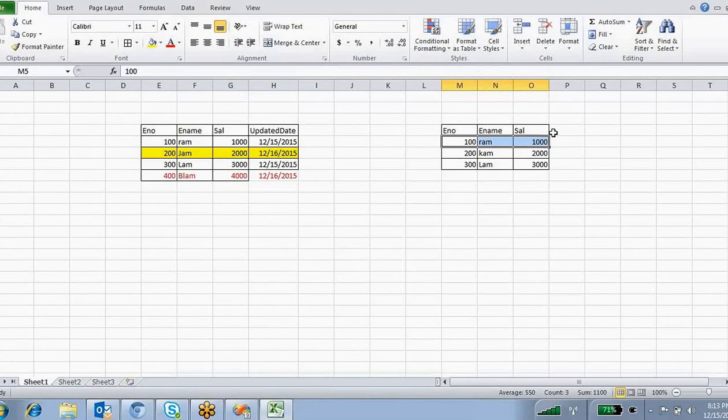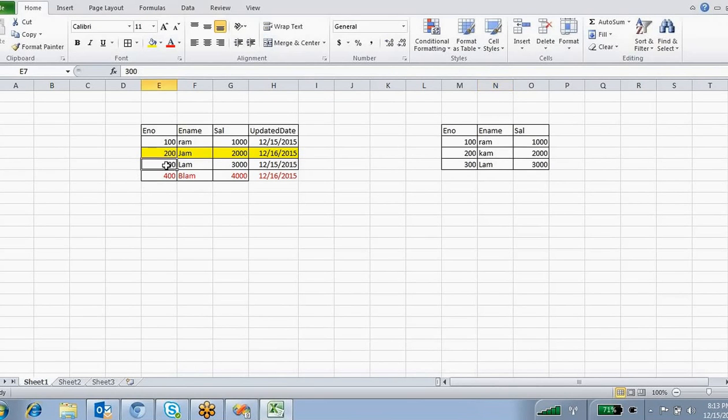What we are going to do here: 100, 200, 300 employee numbers are there. In these three employees, if there is anything updated, what updation? For the 100th employee there is no update. For 200 there is an update: in place of com, it is coming as jam. Got it?